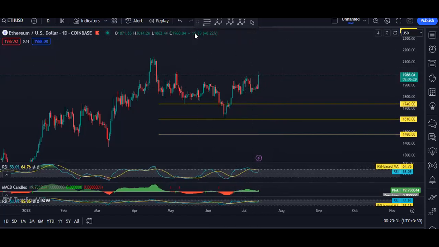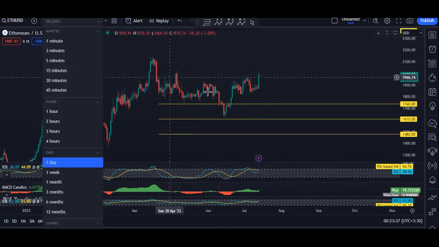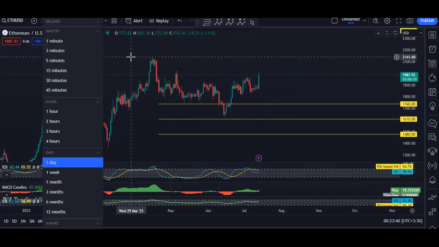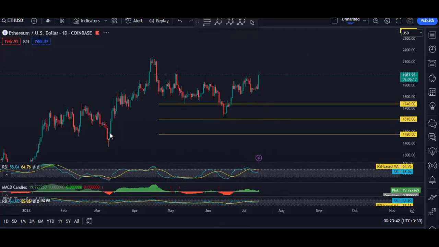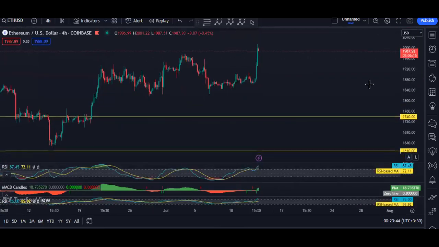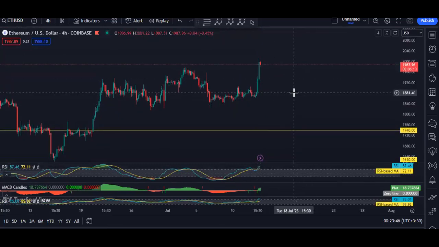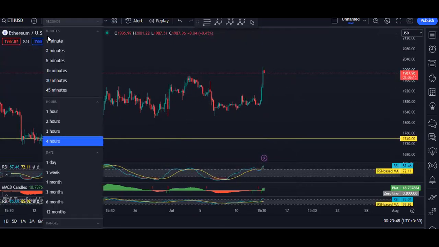And even if anyone wants to look for buy, we have to wait for the flag based on the lower time frame. At this point, I don't see any trade setup, and mostly we want to see whether the price can break this top or not. And if I move to the lower time frame, the 4-hour chart, similar explanation. We don't see the trade setup, and simply we cannot take the trade.